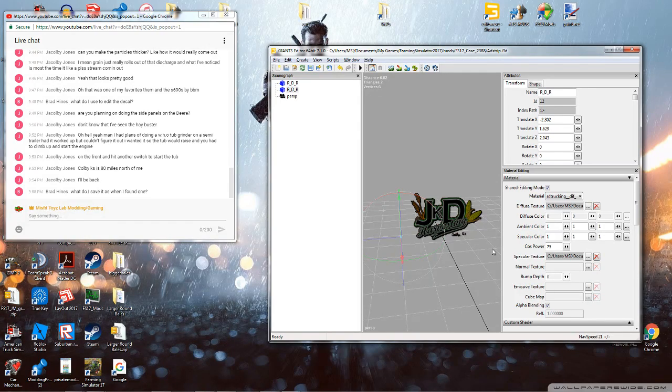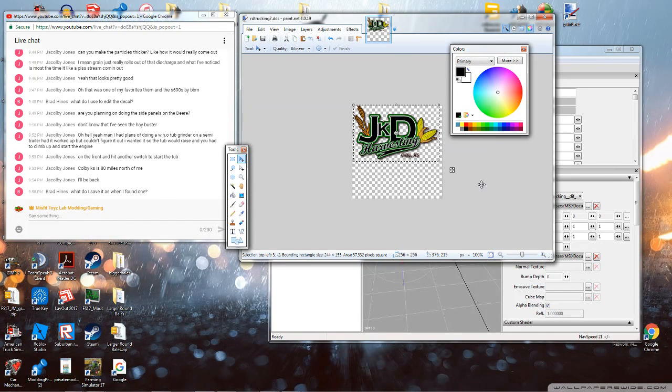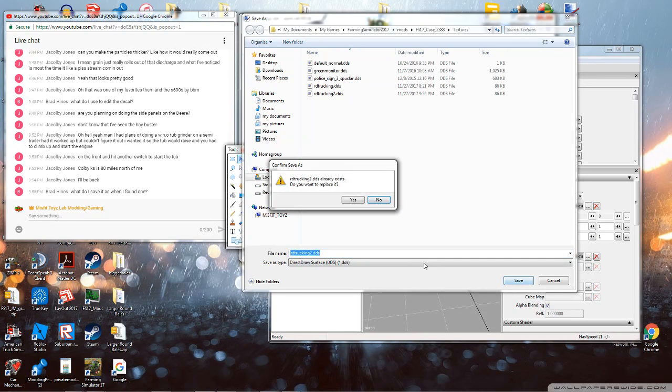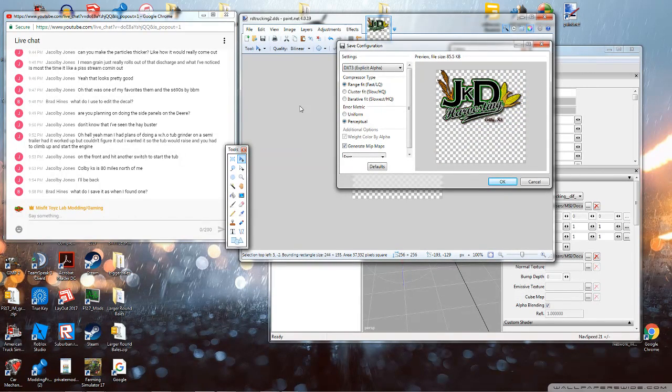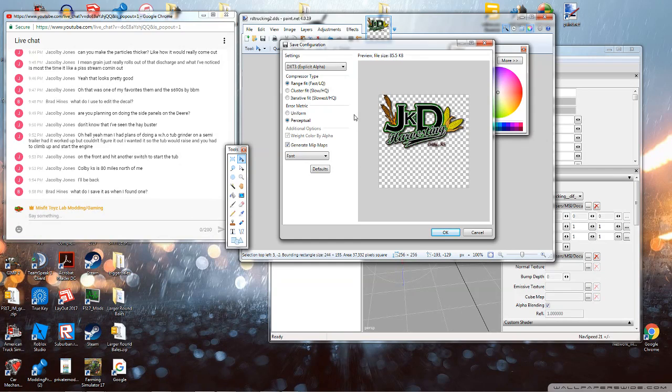what do I save it as when I found one? Giants Editor likes DDS files. Let's see, file, save as, that. Now in this little window, the save configuration, this is actually kind of important. This little drop down right here, this DXT3,